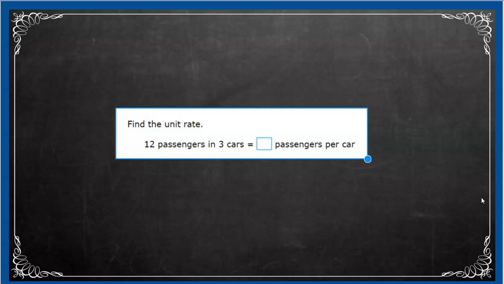So this is just a quick little example here. Find the unit rate. 12 passengers are in 3 cars. So how many passengers are in each car? That's what it's asking us here. It's asking us how many are in one car. So again, unit rate